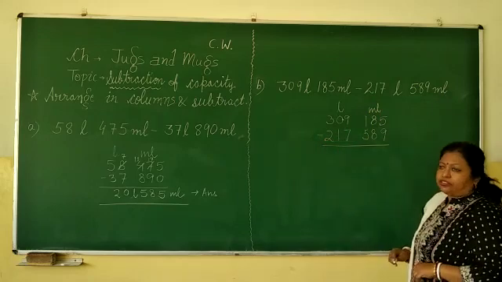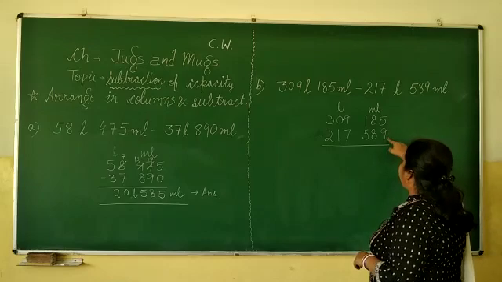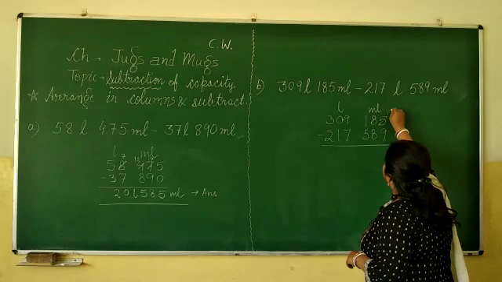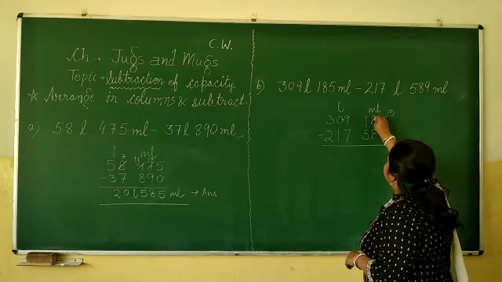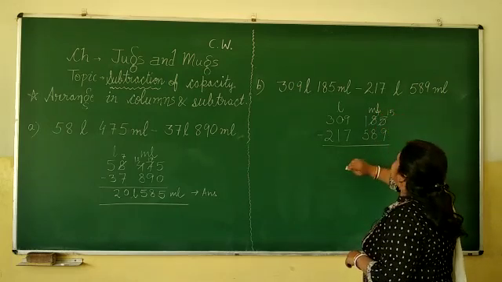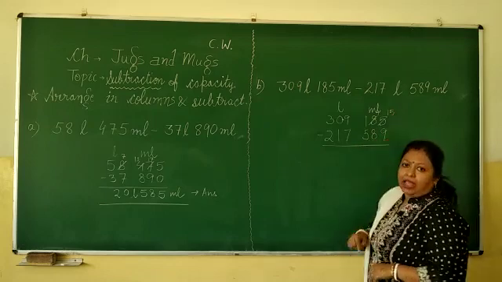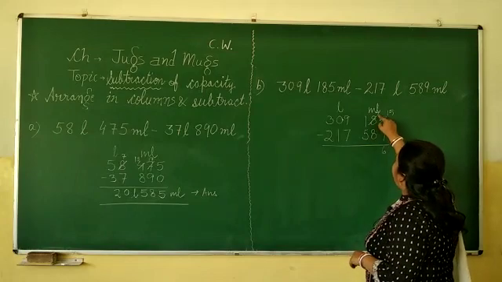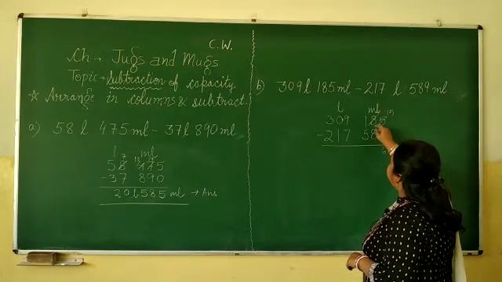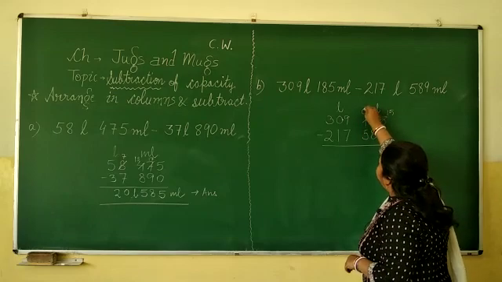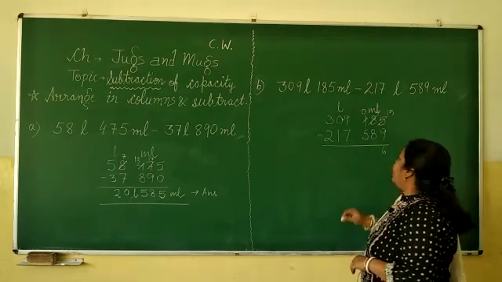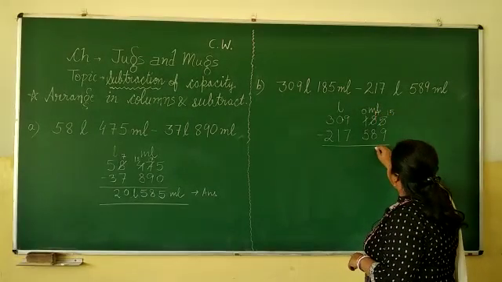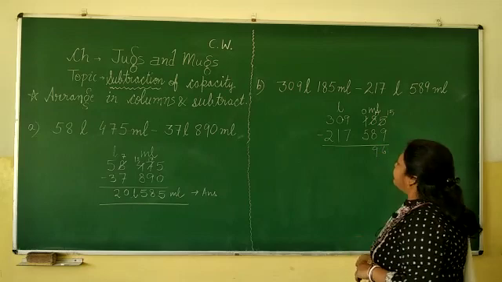Let's start our subtraction. 5 minus 9, as you already know, borrow needs to be taken here. It becomes 15. Here 8 becomes 7. So 15 minus 9 is, children, 6. Now 7 minus 8 is again not possible. So we take borrow from this digit. This becomes 0 and 7 becomes 17. 17 minus 8 is 9, children.